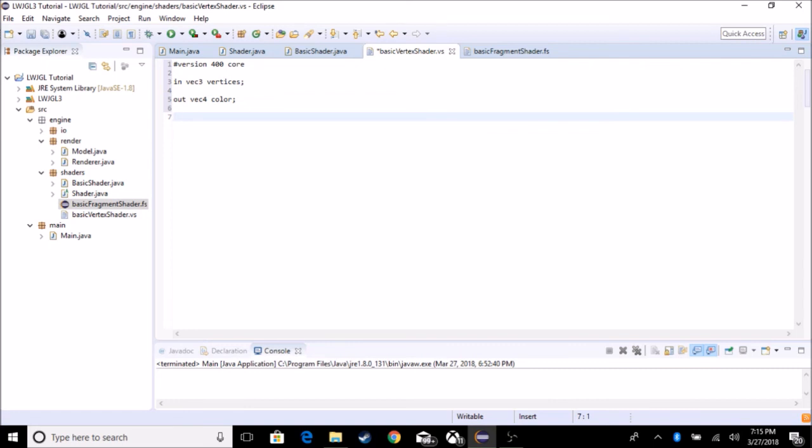So now we need to create a void main, and in this void main, we need to set the position of it. We need to write gl_Position is equal to vec4, because position is vec4. We need to do vertices and then 1.0. And now we actually need to define color, so we can send it over to our fragment shader to color our rectangle. So we need to set color equal to vec4, and it needs to be